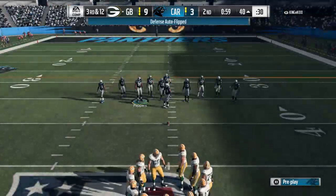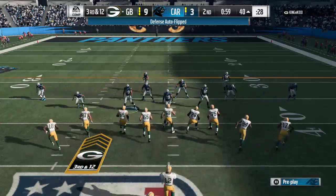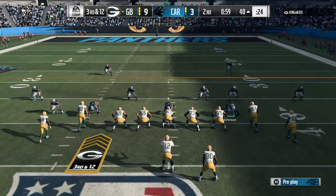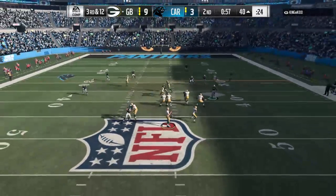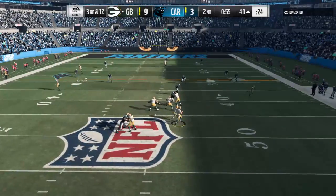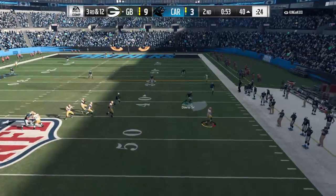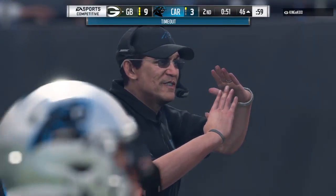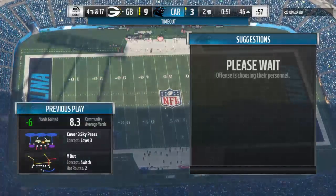The last 2 plays, each lose a yard. They'll try to move forward here on 3rd and 12. Working from the gun, Rodgers. Now he's flushed out right. And he's taken down, trying to do a little too much, getting outside of the pocket, and it results in